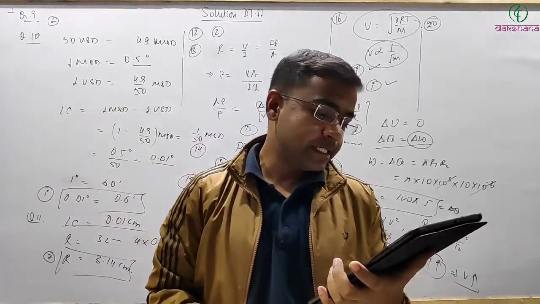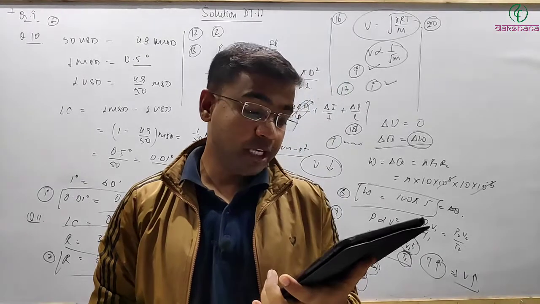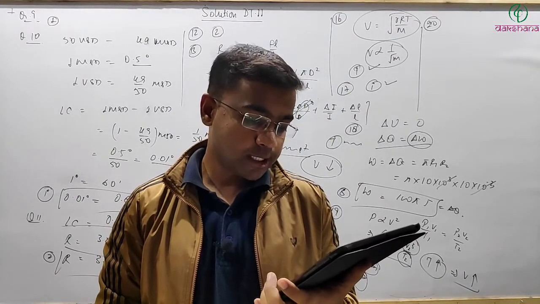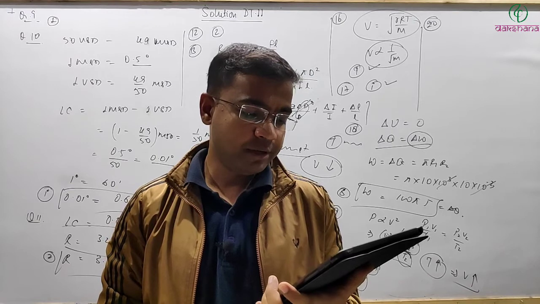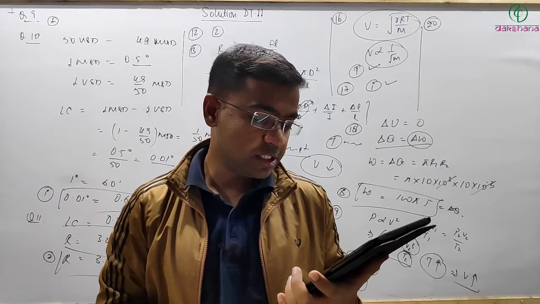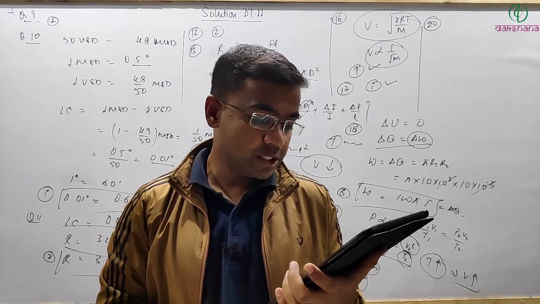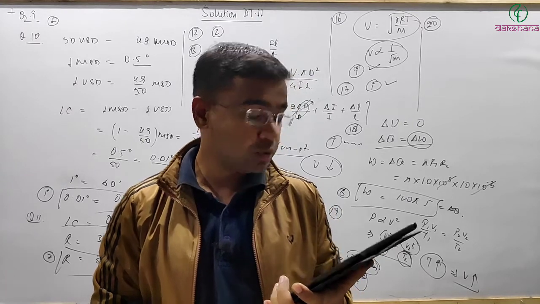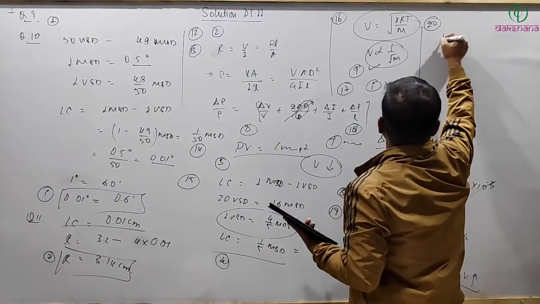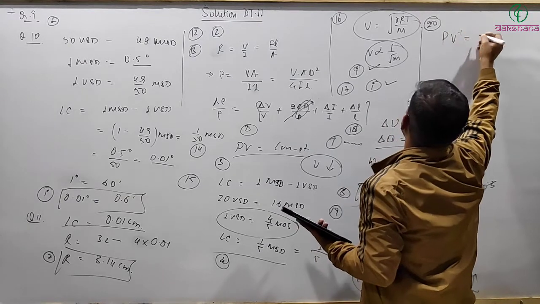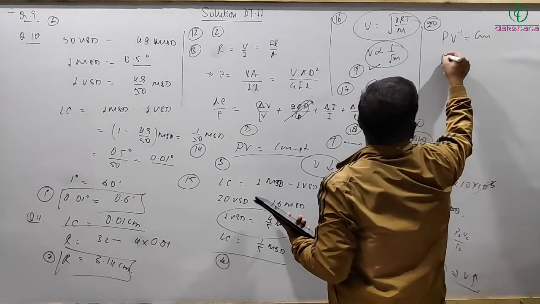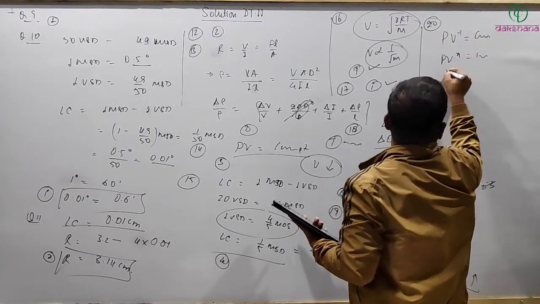One mole of an ideal gas at temperature T1 expands slowly according to the law P by V equal to constant. Actually, there is some printing mistake. Its final temperature is T2, then the work done by the gas. तो यहाँ पे देखो it's sort of like a polytropic process where I can write PV power minus 1 is equal to constant, and this is PV power x equal to constant,